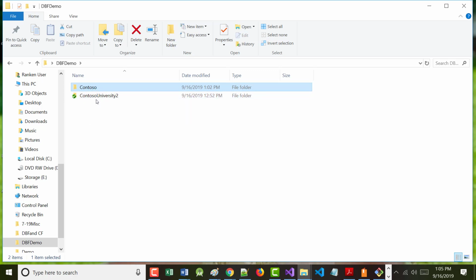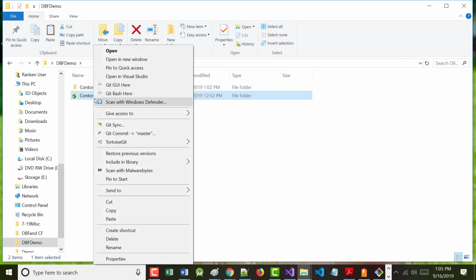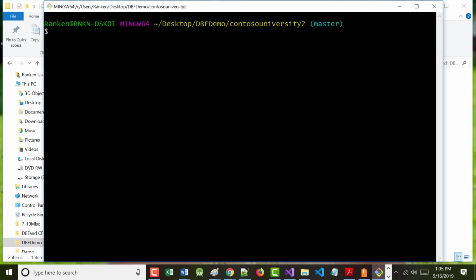That's where I think it should have been. So don't you do this, because I don't want you to screw yours up. But I'm going to click on here and choose copy, and I'm going to click in here and use paste. And I want to see when I jump back in here what, if anything, this is going to find. So I'm going to click in here and say git status.